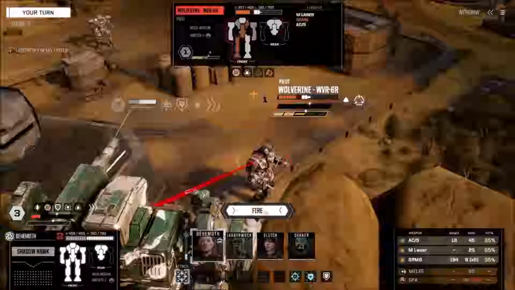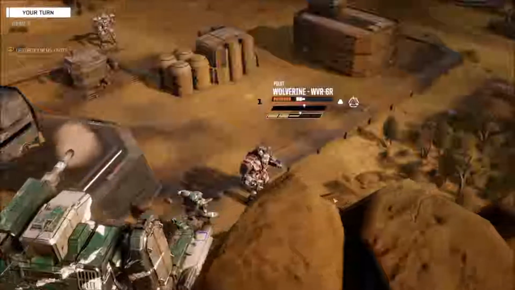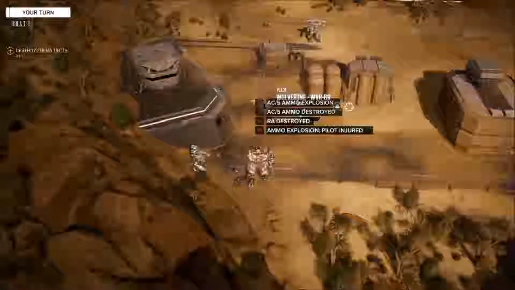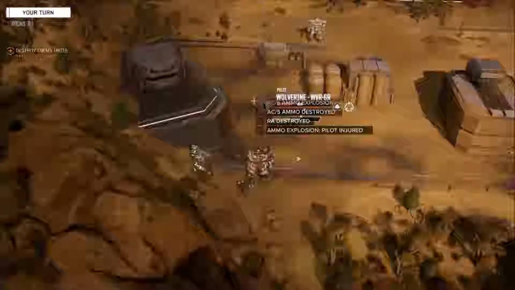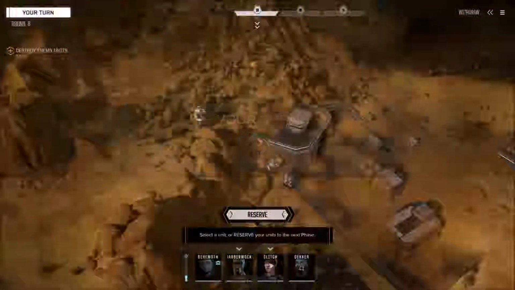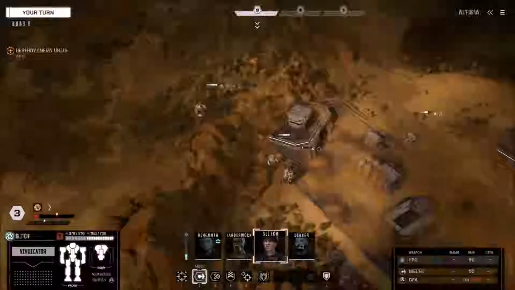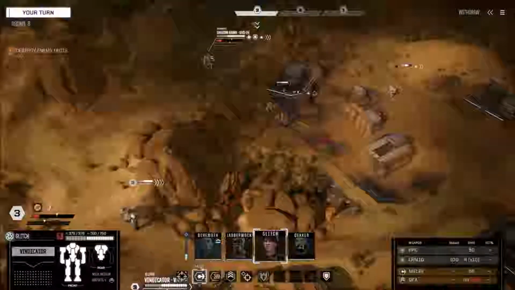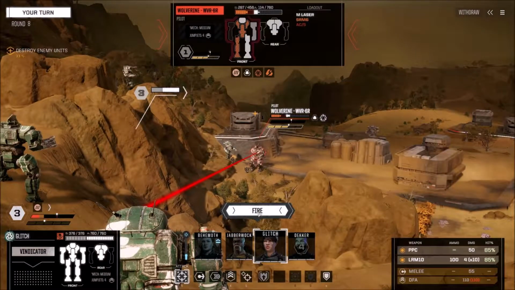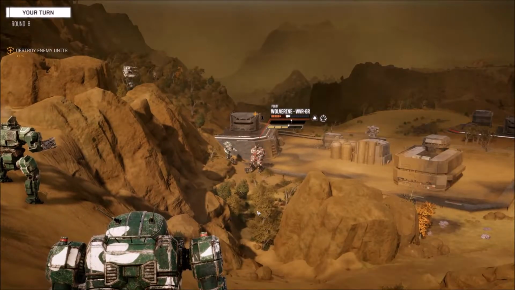So, affirmative. Ammo explosion. That hit something good. Well, that's taken out the 50mm autocannon. The SRAM 6 has got a crit, so he's starting to run out of weapons. Good to go. I'm just going to leave the Vindicator here for the moment. It's not the closest of mechs, so